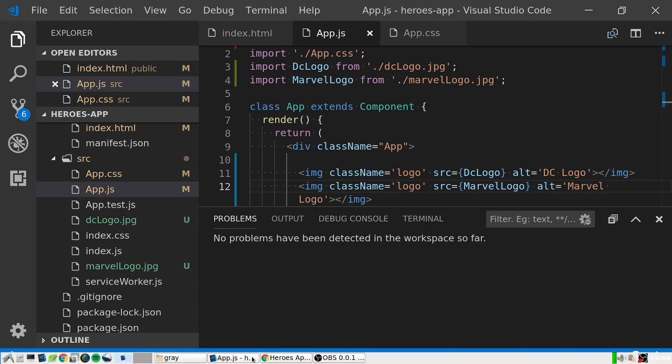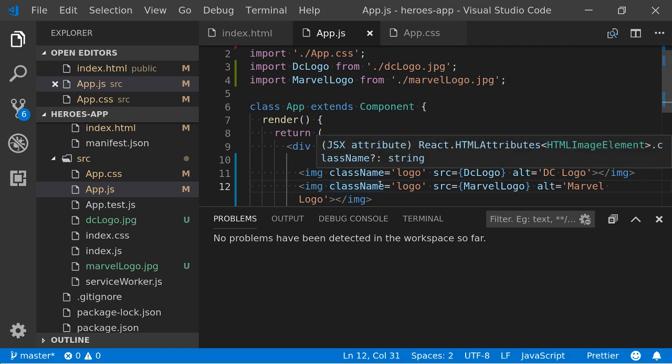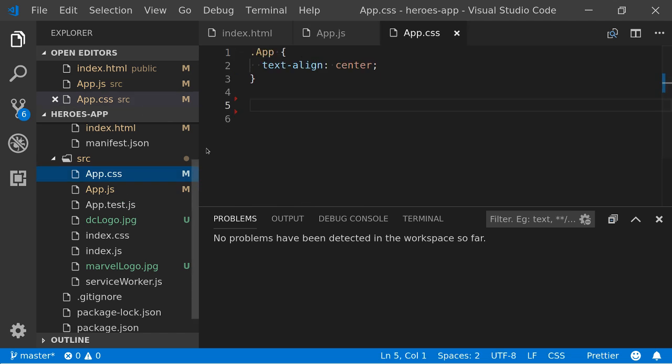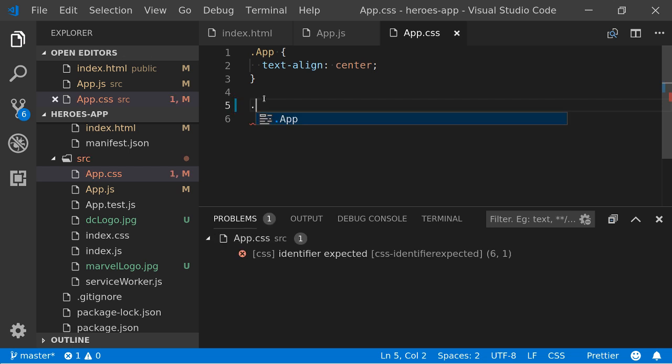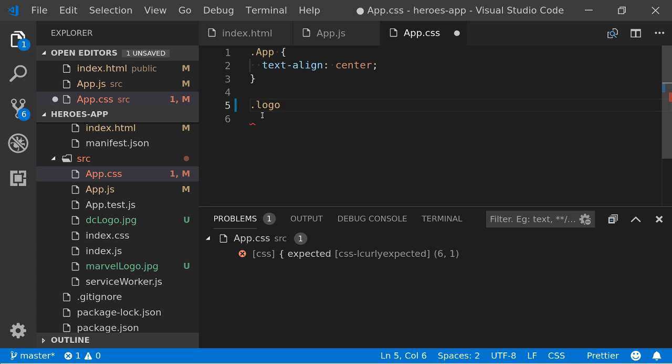Okay, so now we've created, if you like, a little reference to our image, that we can write some CSS to refer to, to change that particular element. So we called it logo, so it's dot logo, because dot is the CSS shorthand for the class.